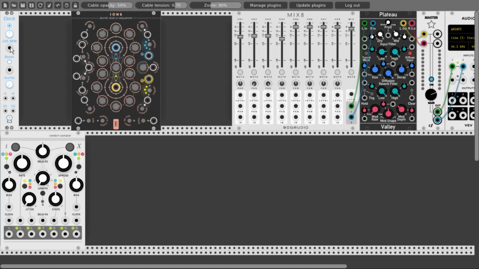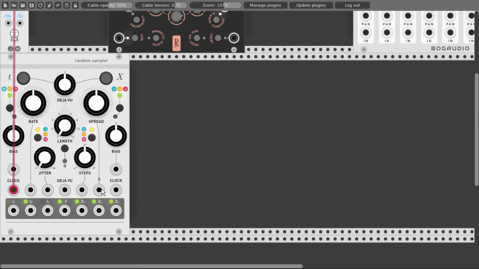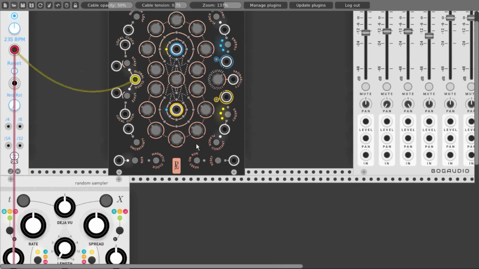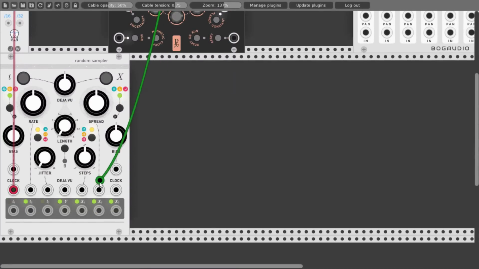And let's use again the clock from JW once to run Ions and also to drive marbles. Now in marbles, and let me zoom in a bit so we can see this, above the spread CV input, you can see there is an entrance sign, which means that this is the input we will use for sending the external voltage. So let's connect Ions to this input. We will take the blue sequence, let's say. And by clicking this button here, you can see there is also the same sign. We activate the external signal mode, and now marbles will process and use the voltage coming in this input. In this case, the voltage coming in from Ions.